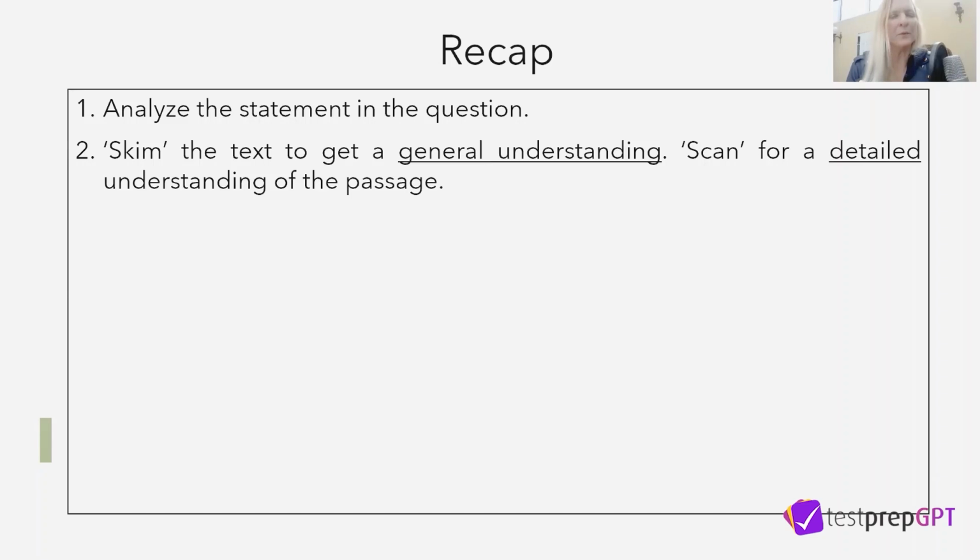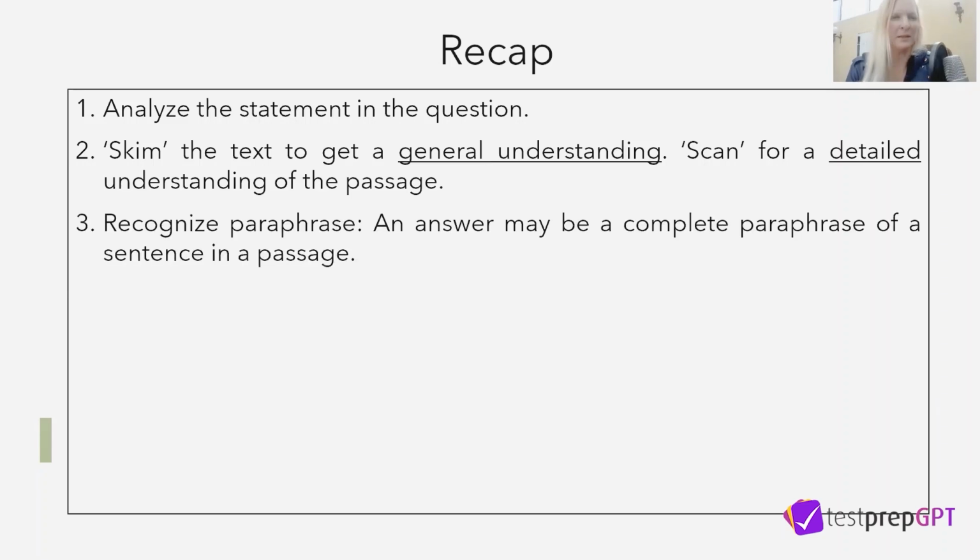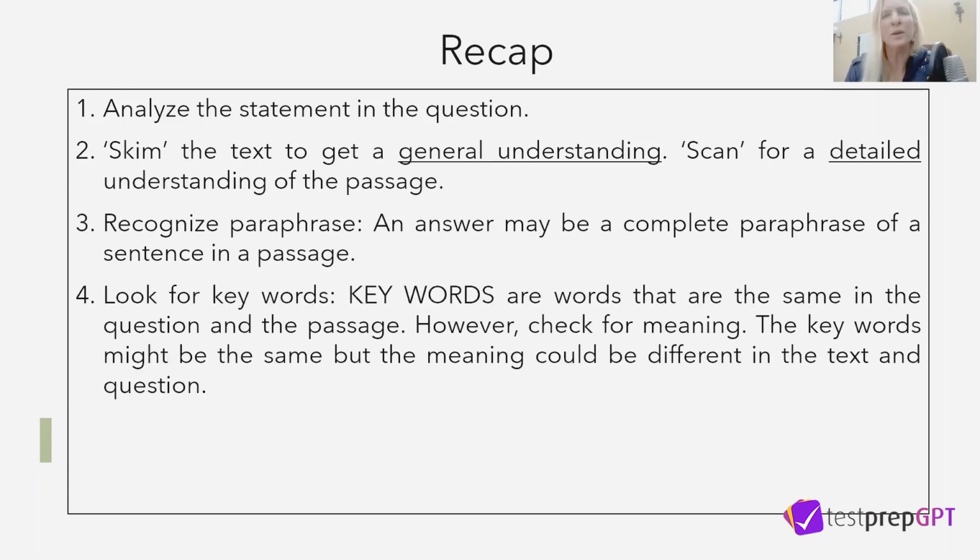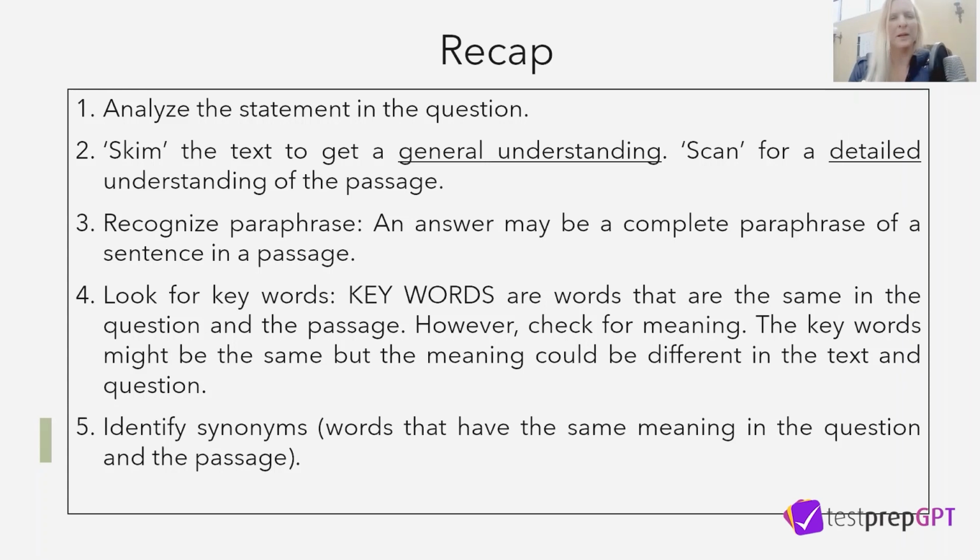You're going to scan for the detailed understanding of the passage. Recognize paraphrase. You can recognize paraphrase by identifying synonyms and clarifying that the meaning is the same. But be careful, because those keywords may be the same, but the meaning may be different. So you're scanning for meaning. Finally,